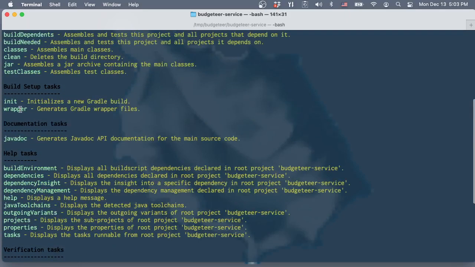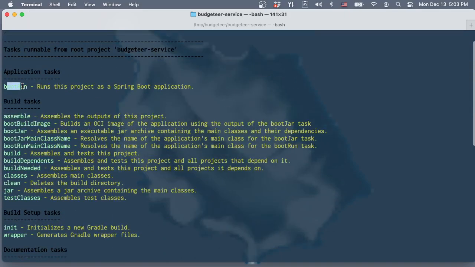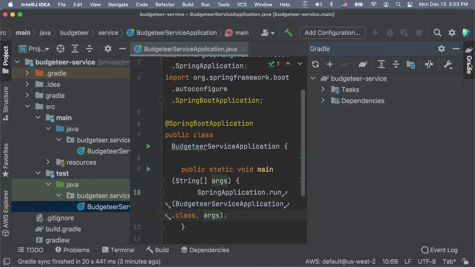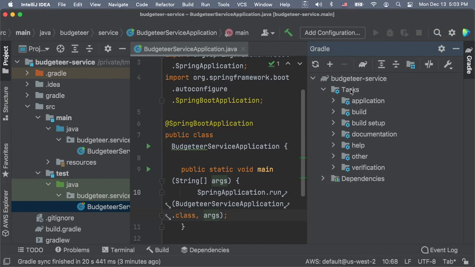There's the help task, Java, init, but the application task is bootRun. So Gradle bootRun. That looks the same as if I go over here and click on the Gradle tab, come to tasks, application tasks, bootRun, and we've got these documentation, Javadoc, all these other tasks that we don't care about. So I can, in IntelliJ,